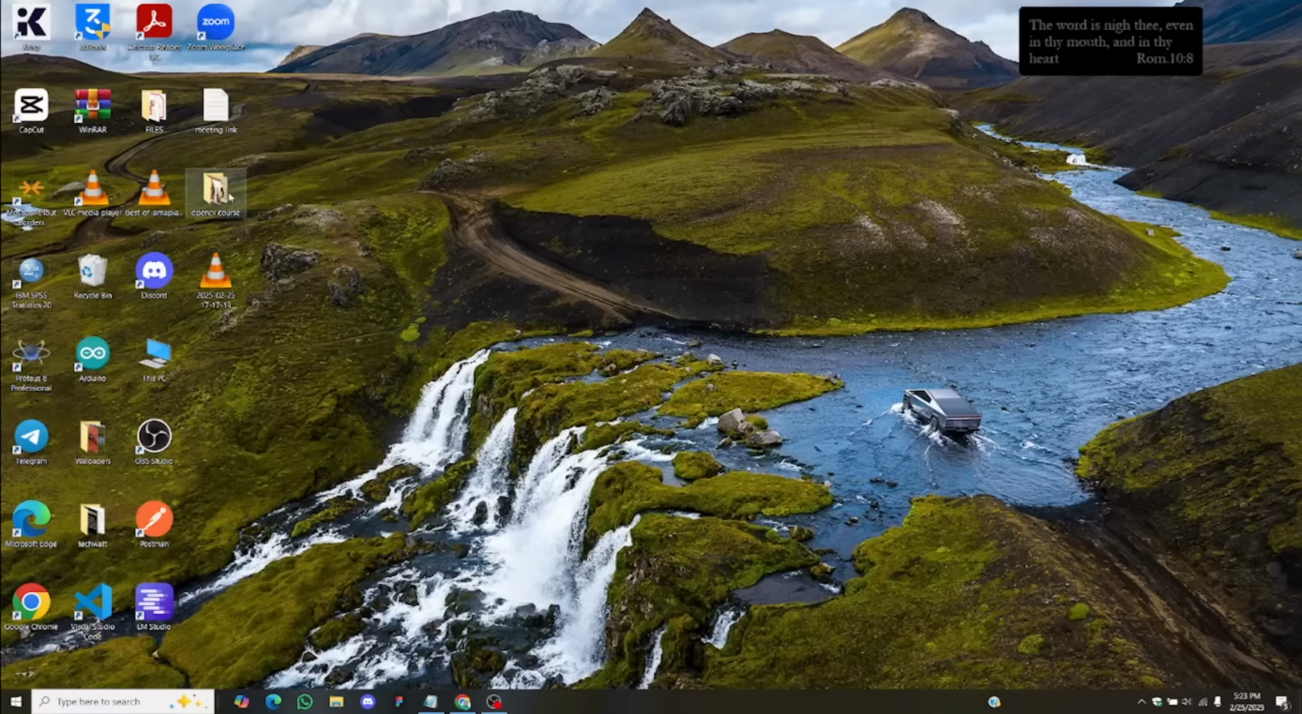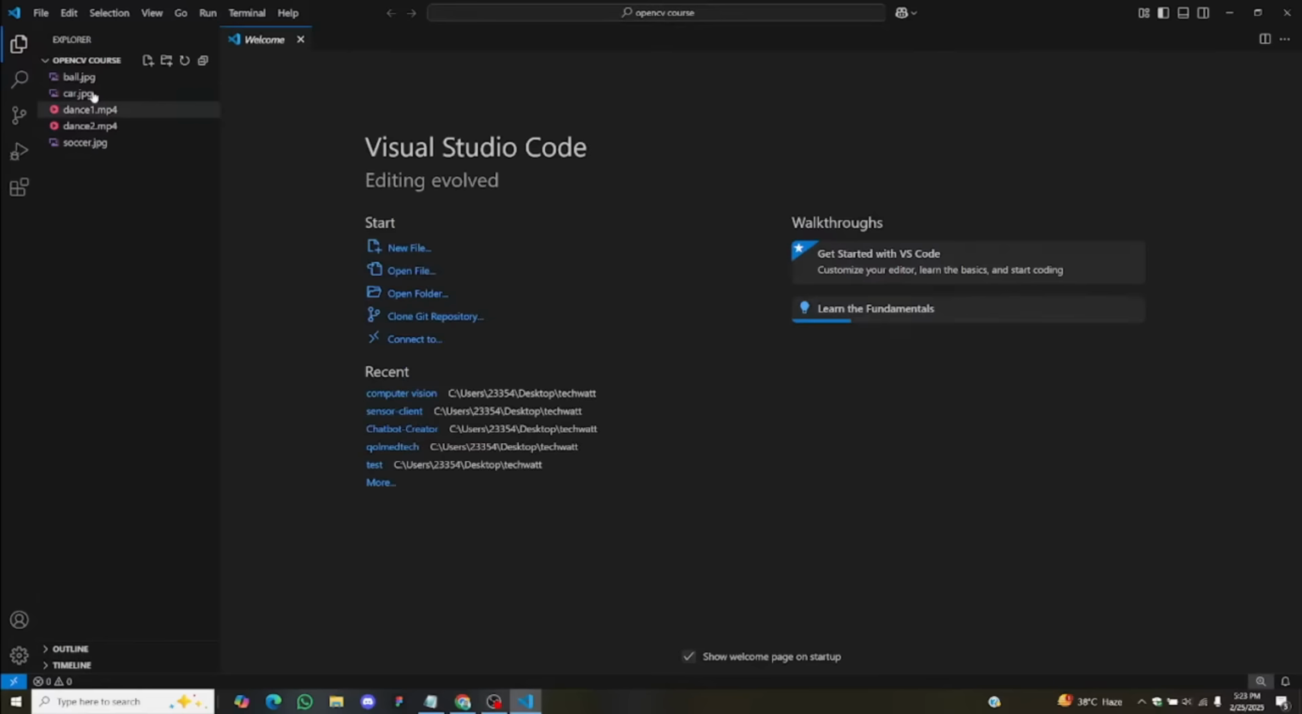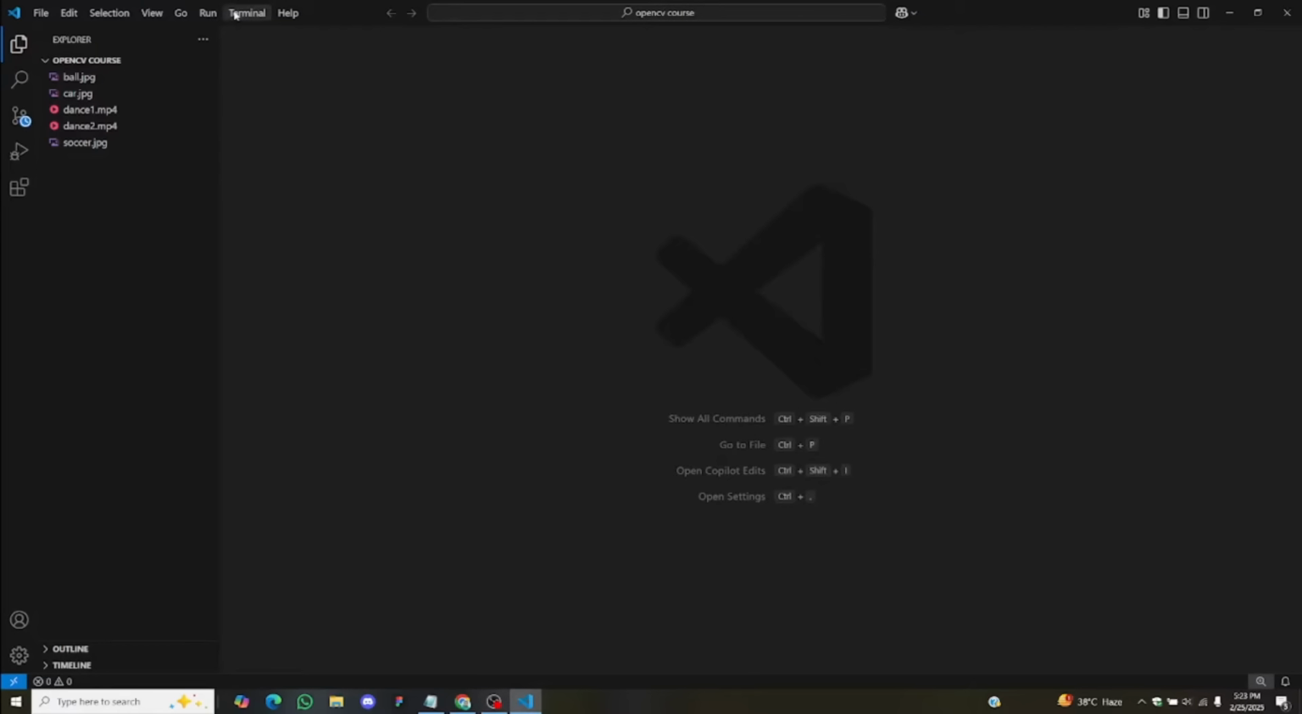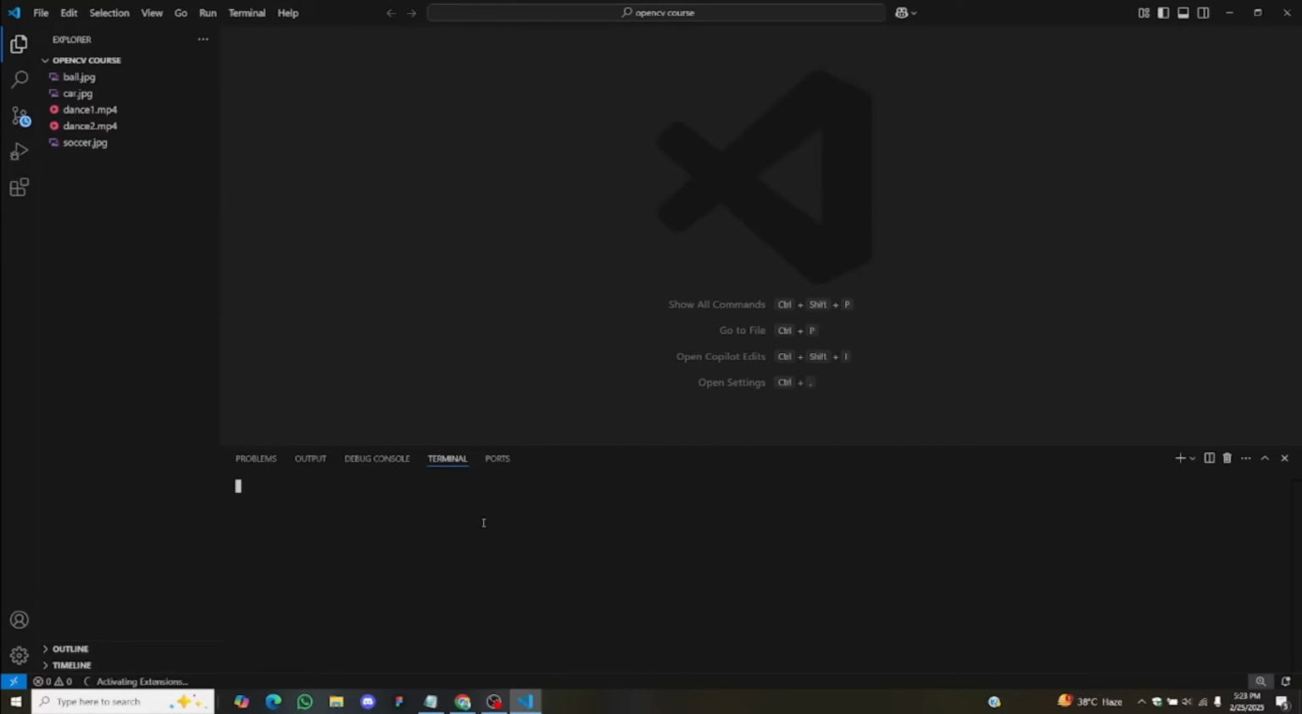So what I'll do is drag and drop this particular folder into Visual Studio Code, and this is going to open Visual Studio Code for me. All right, so you can see I have my files right here. So the first thing to do is to open my terminal, click on new terminal, and we are going to